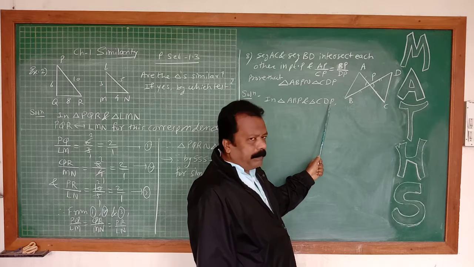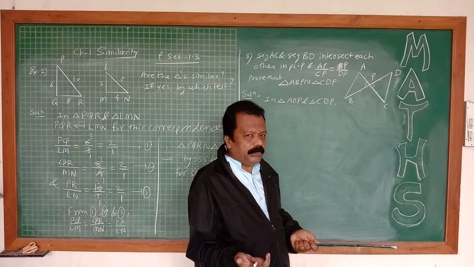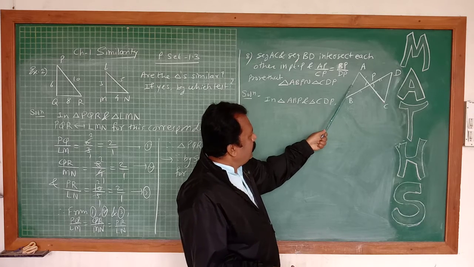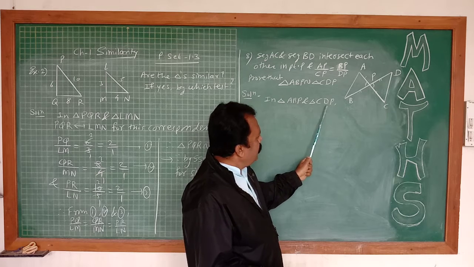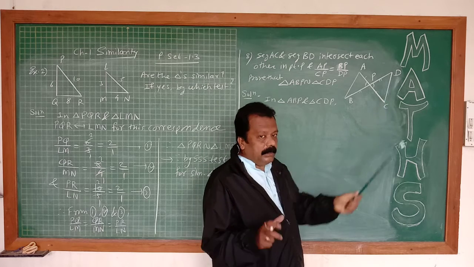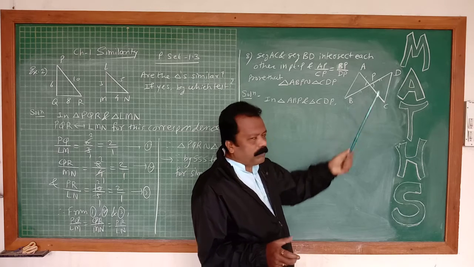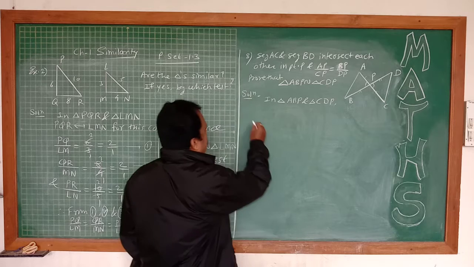Means last alphabets are P, means angle P. So angle P and angle P, we can show congruent by vertically opposite angles. And for AB, here nothing is given. So first alphabet, CD, not given. So it will match. And this corresponds to this, corresponds to this. Means that sequence is correct. So that only correspondence we are taking.